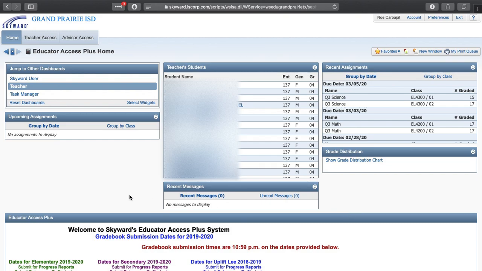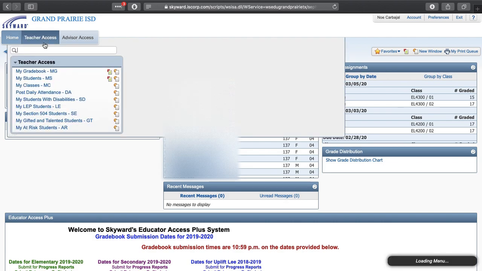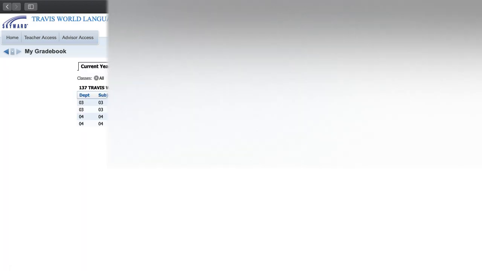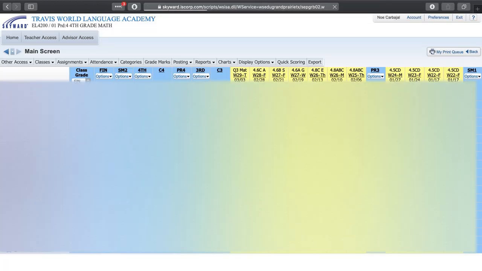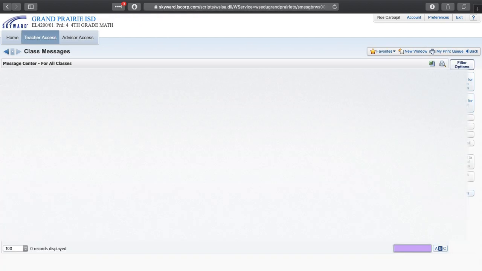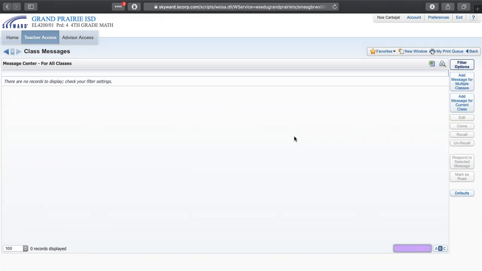Once you are logged in to Skyward, you're going to go to your teacher access to your gradebook. Select any gradebook, or the gradebook that you're trying to send the communication to. On the top left hand side, you should see other access. You're going to go to the message center, and this is where you're going to create your message for sending